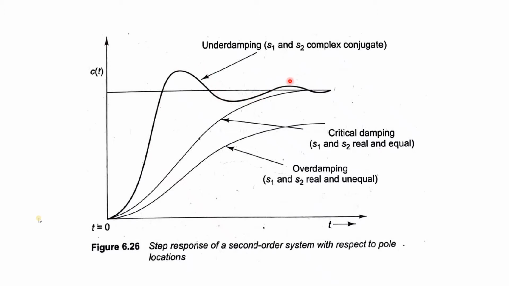How? If you concentrate on this bigger one, it is called underdamped. This is called critically damped. This is called overdamped. Underdamped means the signal magnitude will increase rather than decreasing, opposite of damping. Critically damped means the signal will just damp and become constant.